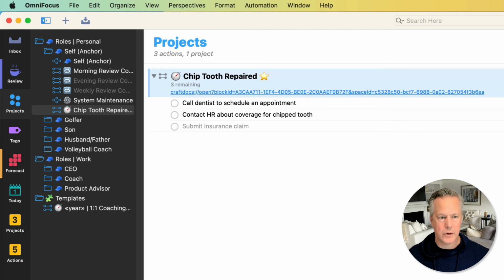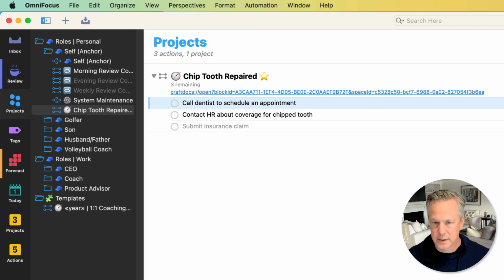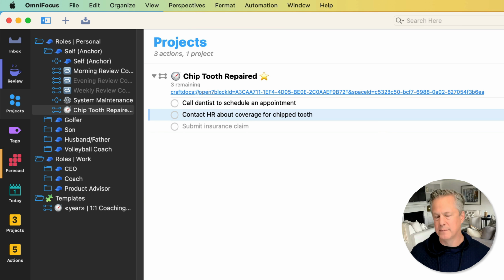And then notice that the one next action there is call dentist to schedule an appointment. And in this particular project, we've got two concurrent next actions that you could take. And the other one is contact HR about coverage. So those are two different actions, but fundamentally, role, project, action is what we're looking for.